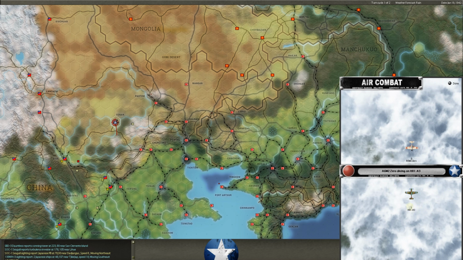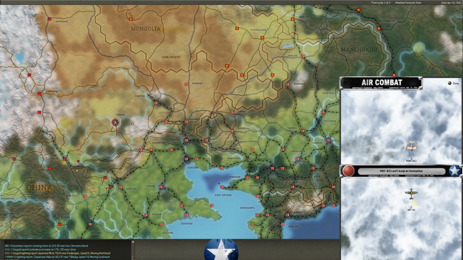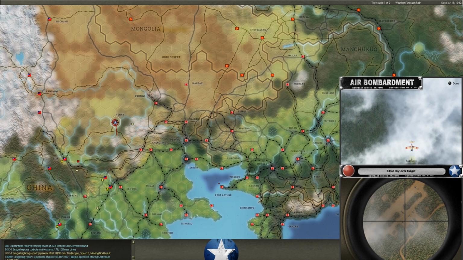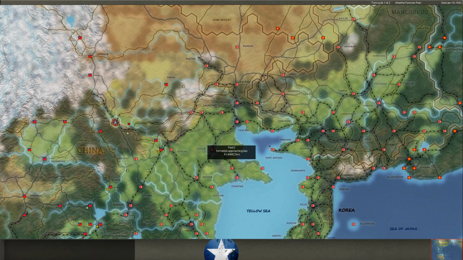Yan'an. Okay, we got one of the Flying Tigers up. I have some in Yan'an, and I have some down by Changsha, the main city in the center. All right, so we got one Flying Tiger up. Doesn't look like he did anything to the zeros. Let's see if he survived. He did, so it was 9 on 1. Usually don't like those odds unless I'm in Vegas, but